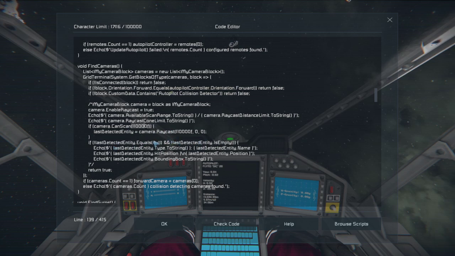So if it detected something, basically is what this is saying. If it got to this can scan limit at least once, and it found something, then we can echo out the type. An asteroid is an asteroid, a planet is a planet, large grid ships, missiles, meteors, small grid ships, players. You can find all kinds of stuff. There's an enum that tells you all the different types that could be returned here on the API documentation for the My Detected Entity Info